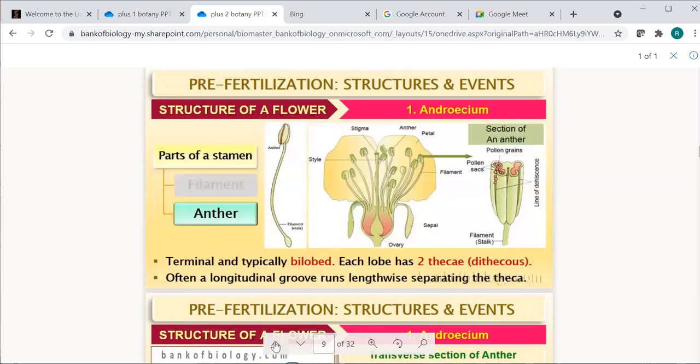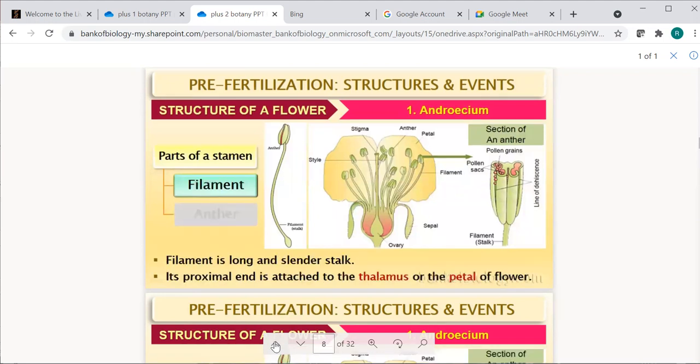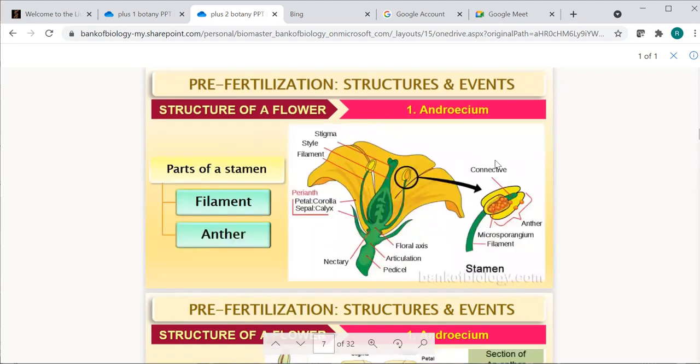Adhesive, just now I mentioned, that is connective. See, it is mentioned here, connective. Two lobes, anther के दो लोब है,